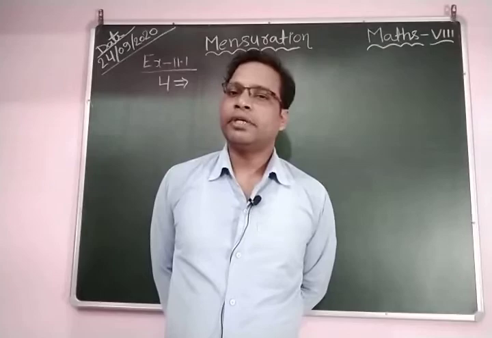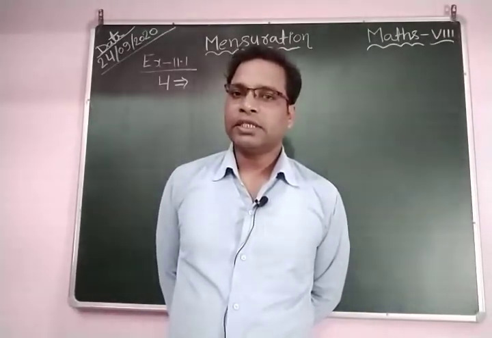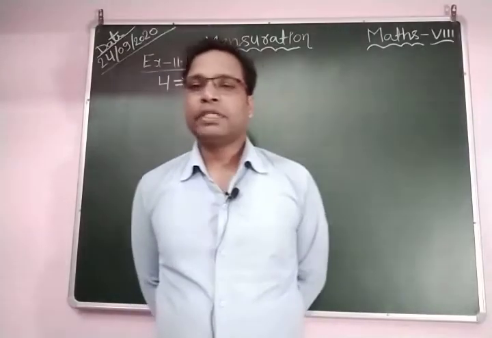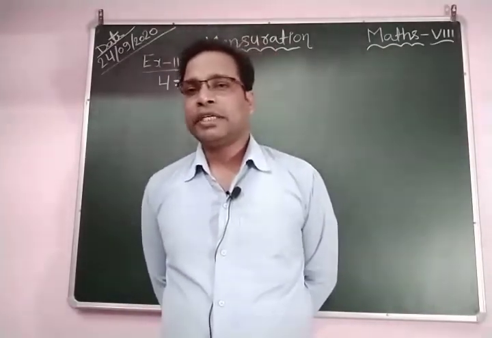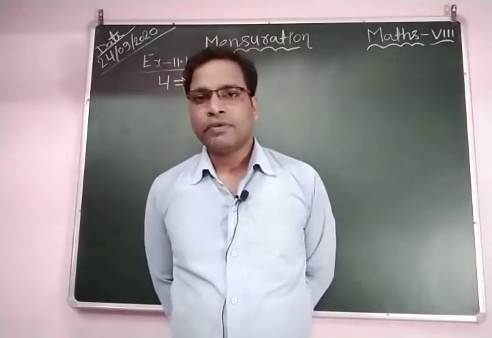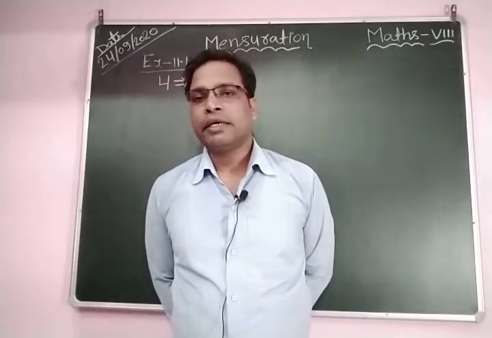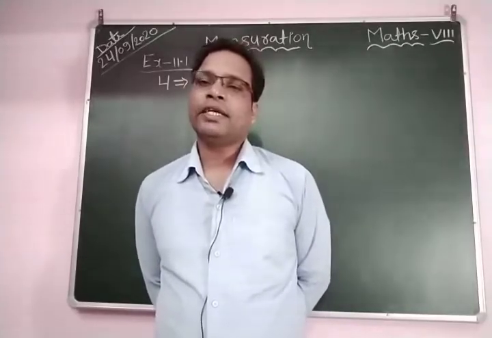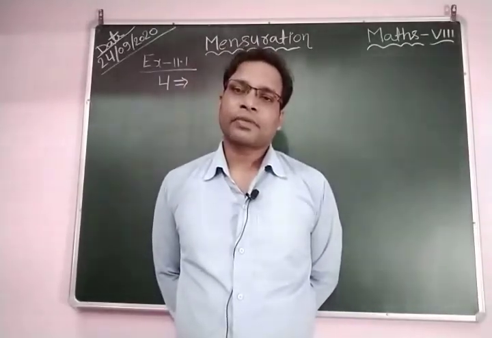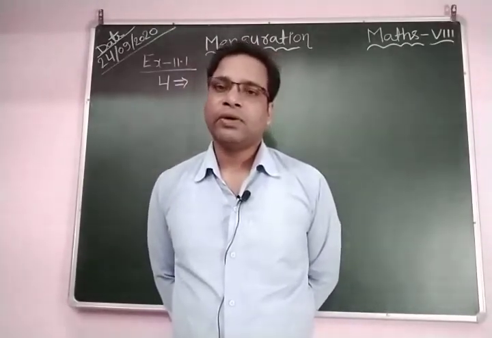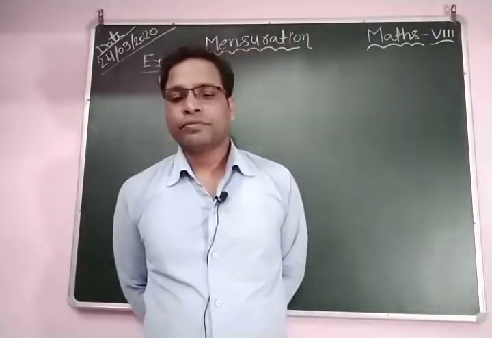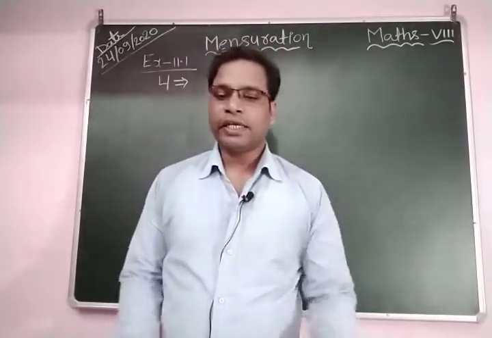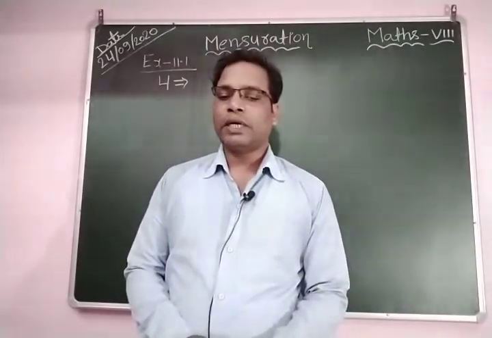So in this way you can say the area of one tile is 240 centimeter square. But here you can see in this question that the area of the floor is given as 1080 meter square. So first we convert the meter into centimeters. Okay, so in this way you can find the number of tiles. Let's see how to solve this question. So here first we write the area of one tile.